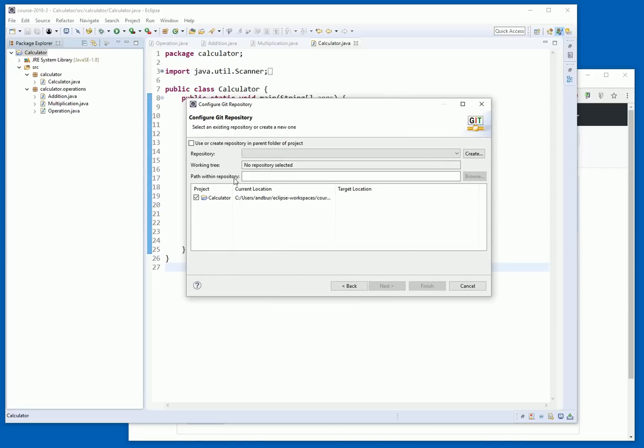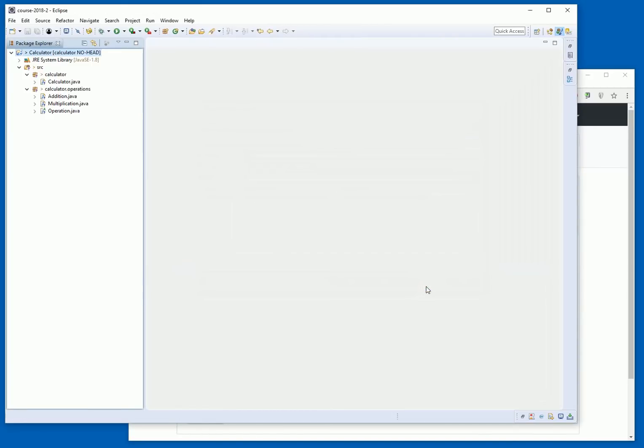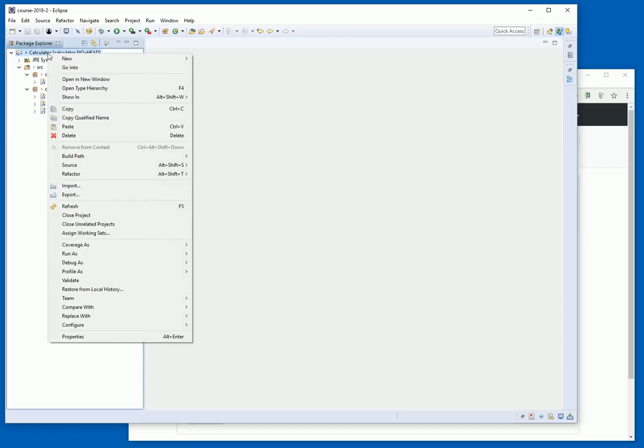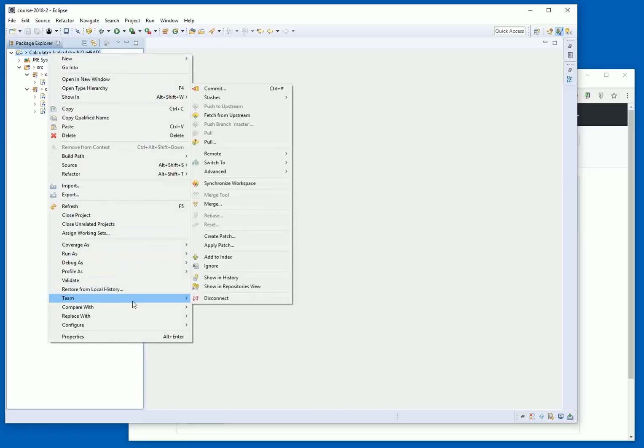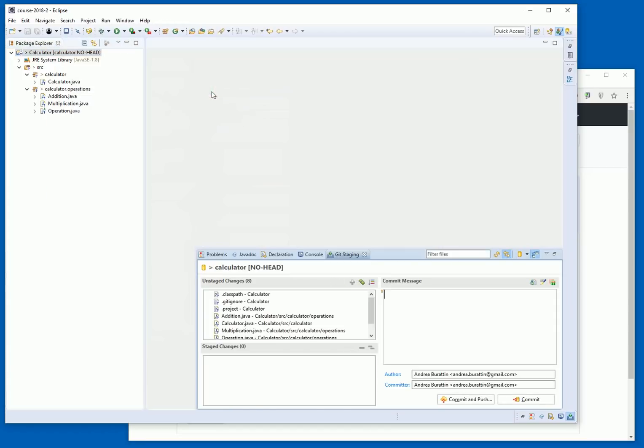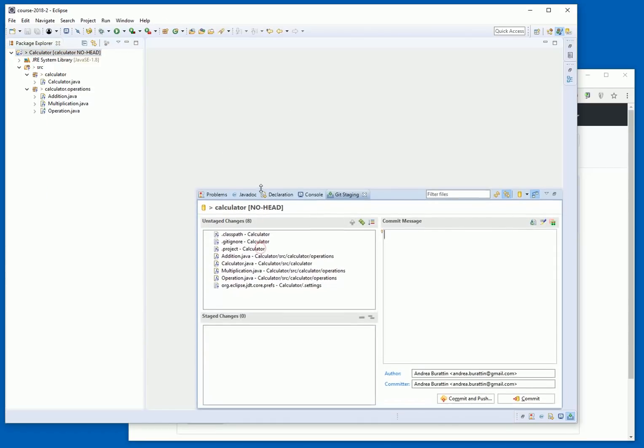Here it asks for the repository that we want to use for sharing this code, and we have this calculator repository already created, so we can now click Finish. Okay, now you see that there are unstaged changes, and those are indicated with this angular bracket here. So if we right-click on the project, we select Team and Commit, we have this window where we see all